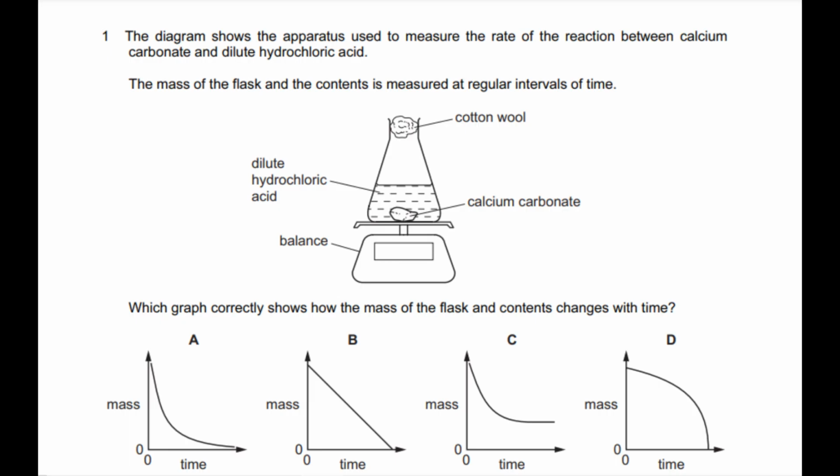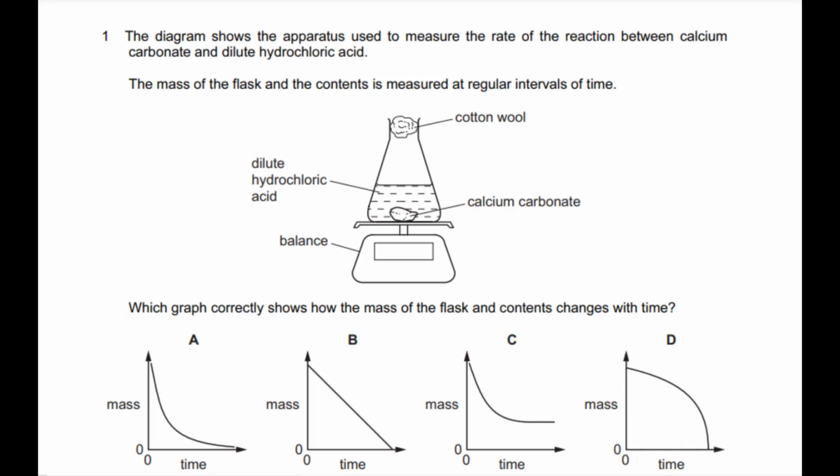So the question is, which graph correctly shows how the mass of the flask and the contents changes with time? While reading the question, I have explained that gas is produced as a product, so it is released, and that decreases the mass of the contents in the reaction vessel. So of course the graph should show the mass decreasing and then